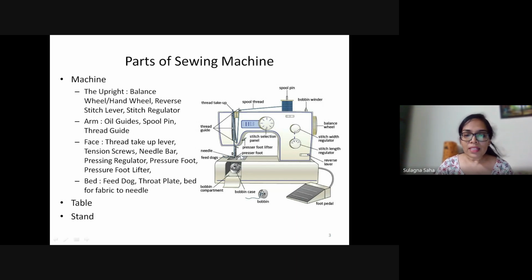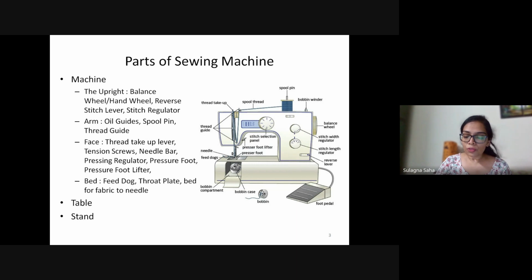Next, we have a pressing bar. Pressing bar is essentially something which is just above your pressure foot. This is the pressure foot, right? You must have seen this in your machine, everybody. It comes with two metal strip like structures which hold the fabric down, which keep the fabric in its place. This is attached with, again, a vertical metal bar that is called the pressing bar, the lower part of which is attached to the pressure foot.